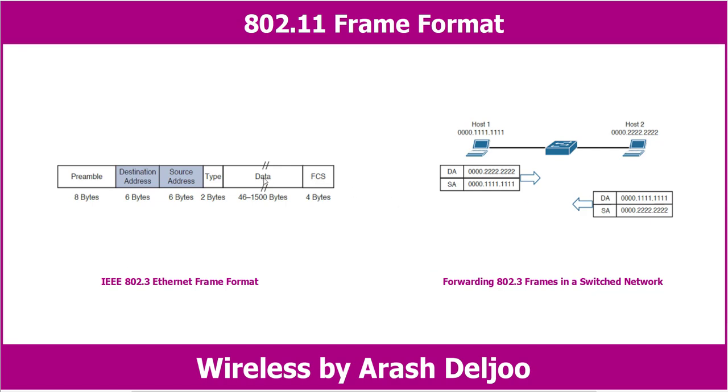left figure: FCS, data, type, source address, destination address, and also preamble. The sender and the intended recipient of the frame are identified by two MAC addresses, a source and a destination. The source address is not used to deliver the frame. Rather, it is used for any return traffic that is sent back to the source. When the recipient receives a frame that has its own MAC address as the destination, the frame is then accepted